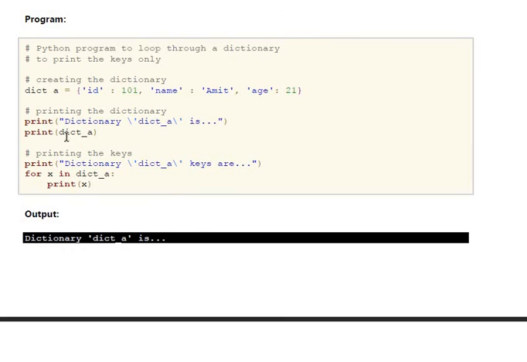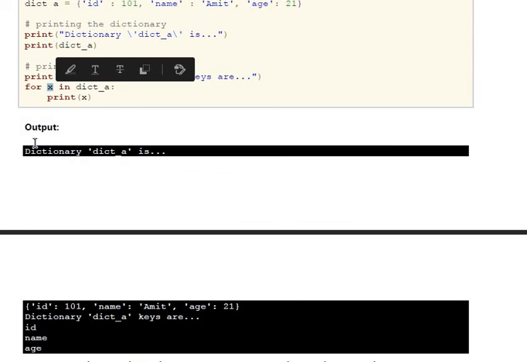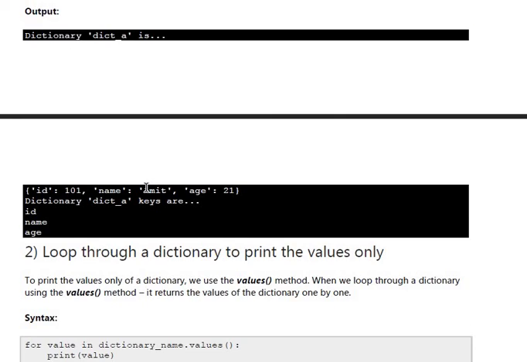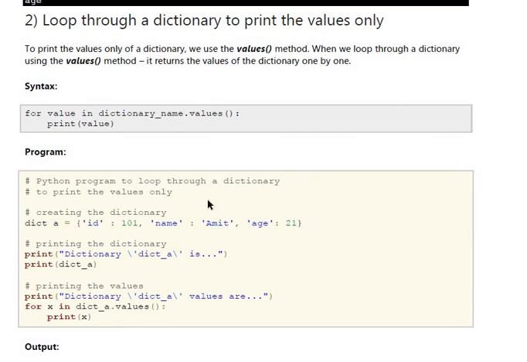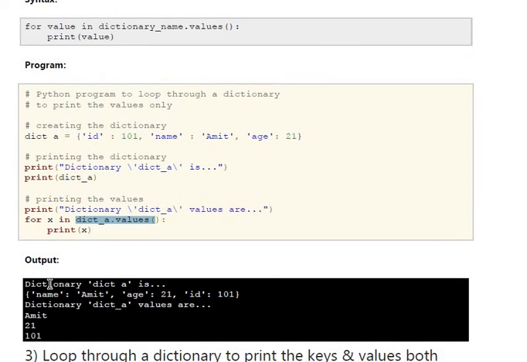Here you can see that the elements of the dictionary can also be printed directly. But if I want to print it by using the for loop, how can we give it? The dictionary name goes into the for loop, and here we give the indexing variable, that is x. So here you can see that only the keys will be printed. If I want the values, simply in the for loop I give dict_A dot values. So the values are printed.